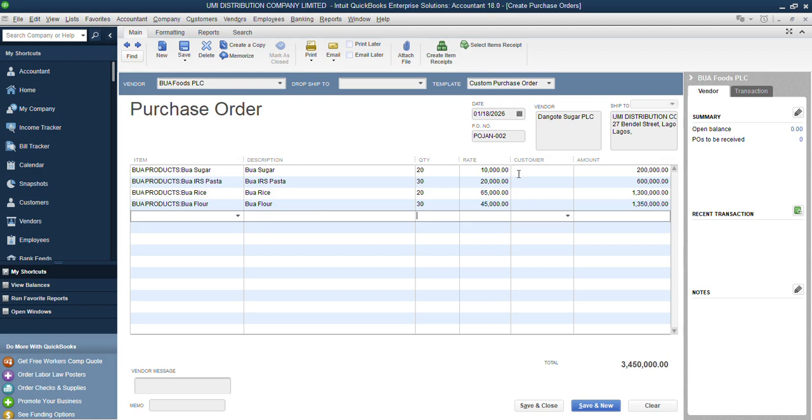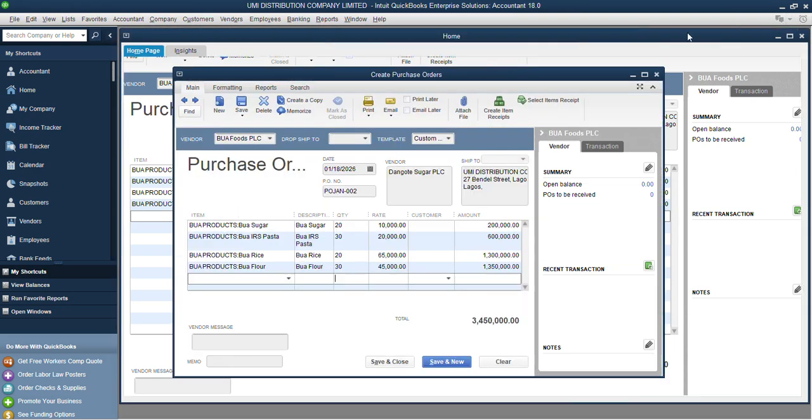Maybe this can be done through confirmation from placing a call to the vendor to actually confirm the price, or going for a market survey to confirm the price of this item, right? But prices can change at any time. At the point of receiving, the prices may increase or the prices may reduce. So that is it. When you're done with the purchase order,